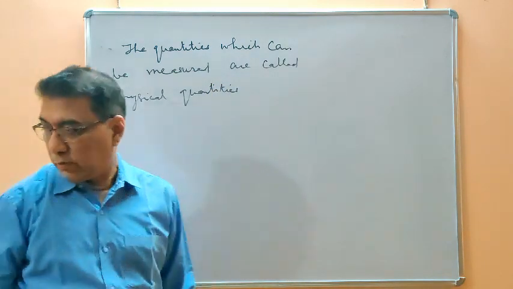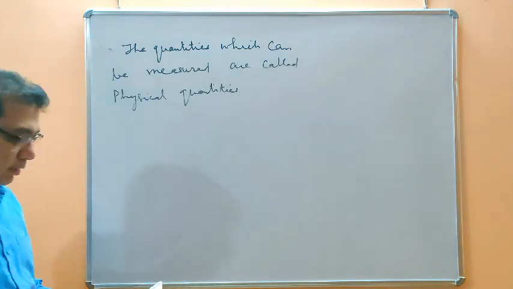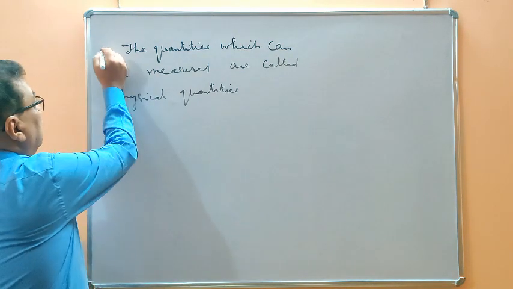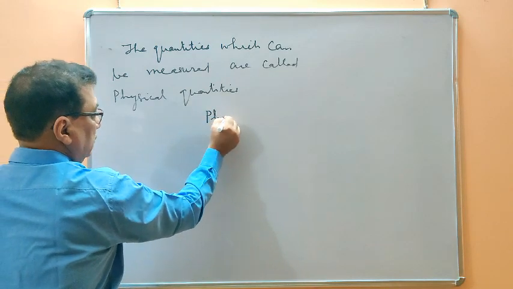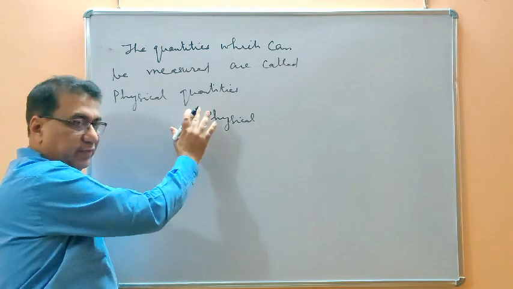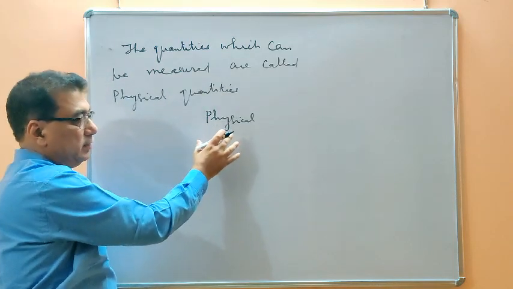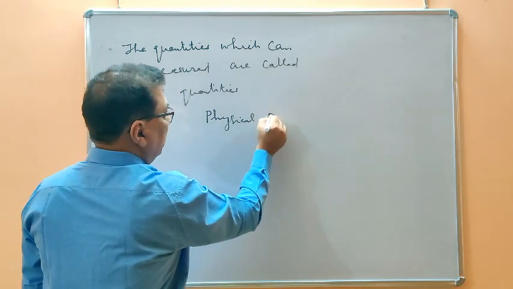Now these physical quantities are of two types. We can measure only the physical quantities, and I will explain what we mean by this term physical quantity. But before that,